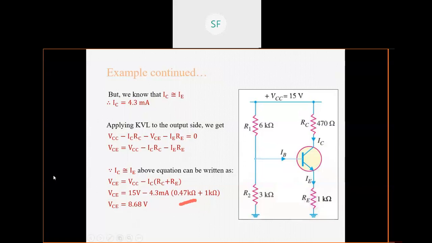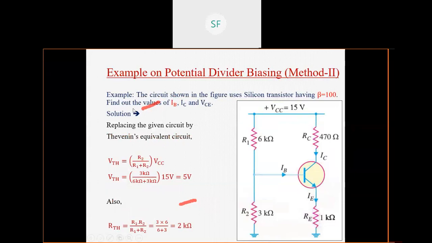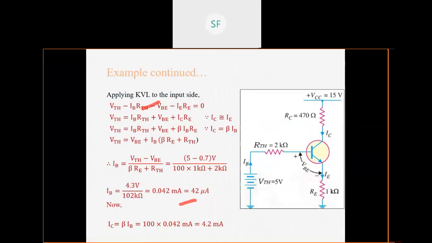Similarly, if you observe the value of IC, so IC in the first method was 4.3 milliampere. Okay, and now we will see the value of IC in the second method. यहाँ पे ध्यान रखो, यहाँ पे 4.3 मिली एम्पियर है. Look here, in this case we have got the value as 4.2, है ना? वहाँ पे 4.3 और यहाँ पे आपको 4.2 मिला. So again you can observe there is a very slight difference between the two.